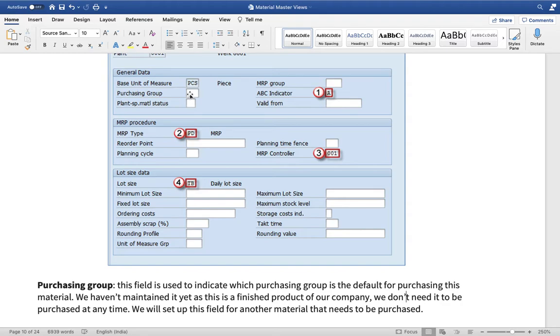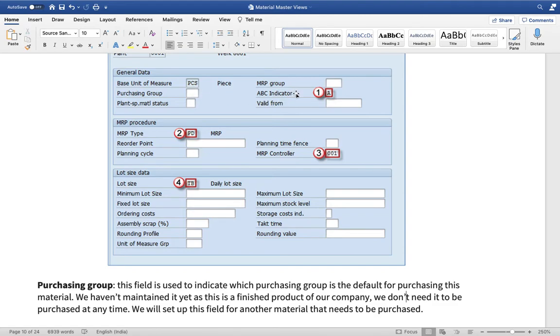So from which area and what kind of procurement will be applicable for that, this purchasing group is ticked or the value is written here. But because we are now talking only about the finished good material, this has been kept blank. When you mention the purchase group, it is for anything which is used for purchasing purposes. That material has to be mentioned there.